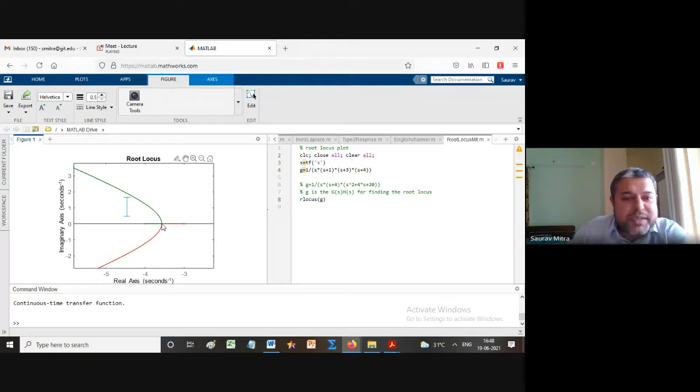The main thing is, what is the K critical here? I think it should be the same value, 2.25. So one breakaway point is at -0.42, another breakaway point is at -3.58. So this is the other breakaway point. So the -4 pole is coming from left and it is colliding at -3.58, and then it is